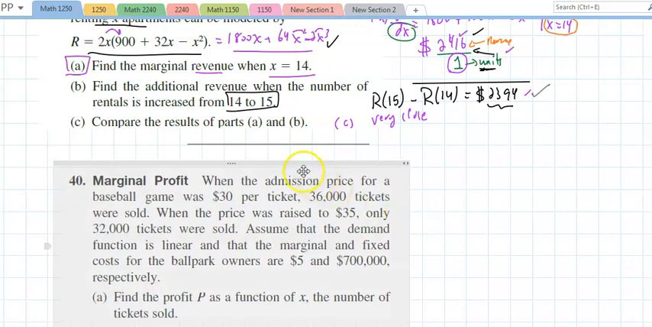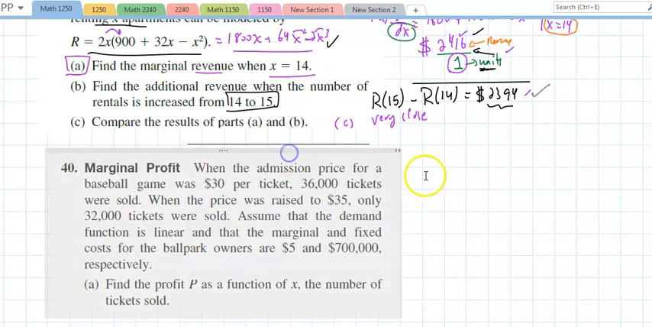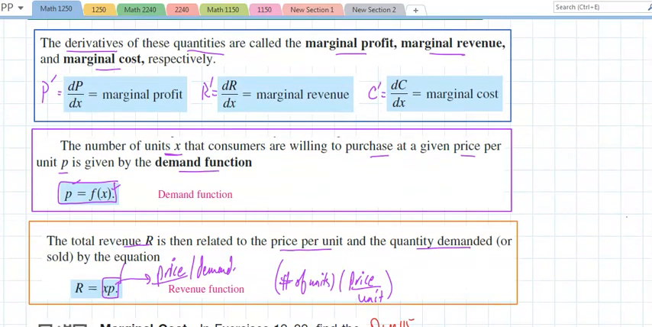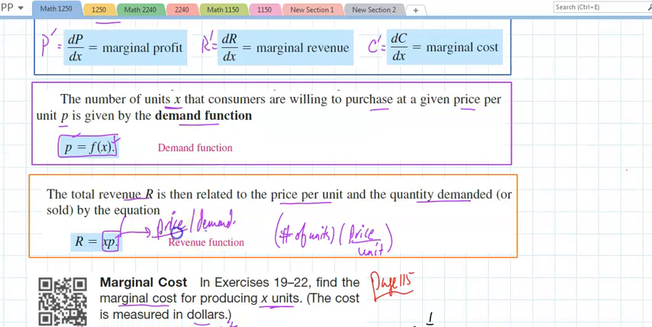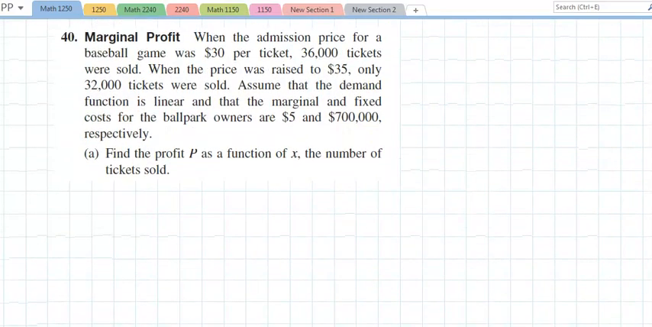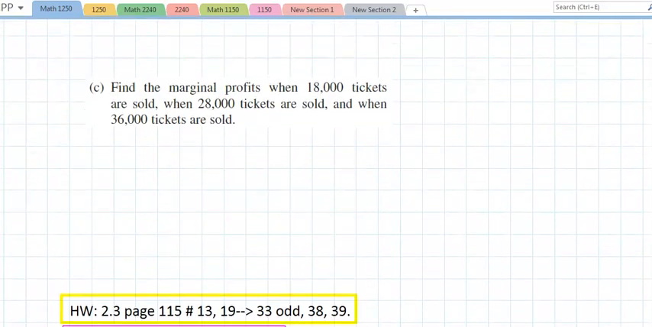And here we are. So remember, profit is revenue minus cost. Revenue, if they give me the demand or price function, is the price times the number of units, x. Now, I'm not saying it's going to apply to this problem,